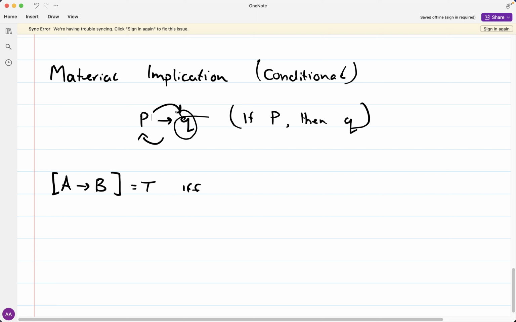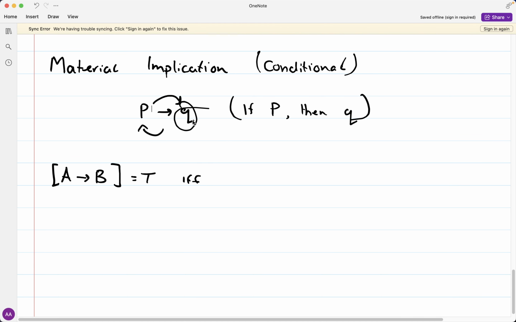And this gives us the definition of the inverse of the material implication. Now this tells us, therefore, that the inverse of the material implication is that if P is true and Q is false, then if P then Q doesn't hold, it doesn't follow. So we can write the definition in relation to this inverse, and we can say that if A then B is true,